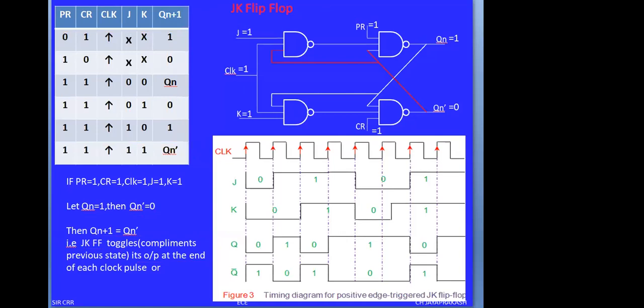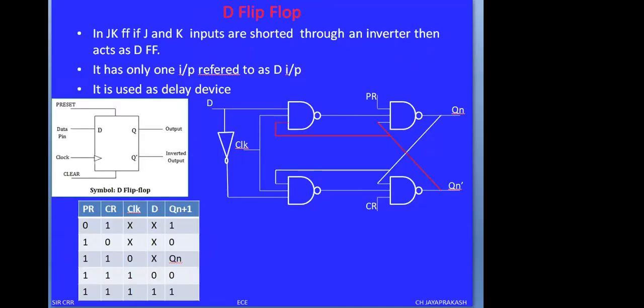చూడండి నేను మళ్ళీ ఒకసారి చెప్తాను. JK 00 అయితే no change condition will happen. 01 is reset condition, 10 is set condition, 11 is toggle condition. Now we are going to continue the remaining two flip-flops. It is very easy. Once you memorize the JK flip-flop మీరు memorize చేసుకుంటే చాలా ఈజీగా ఉంటుంది. జస్ట్ ఒకసారి చూడండి ఏం చేస్తున్నాం.